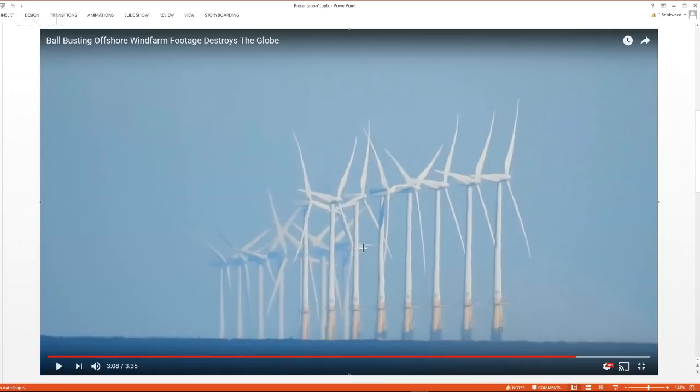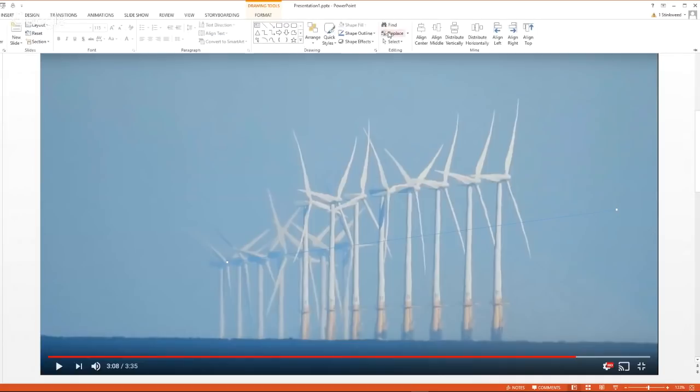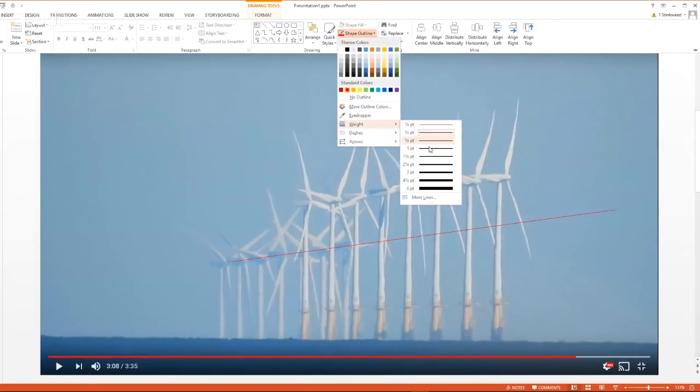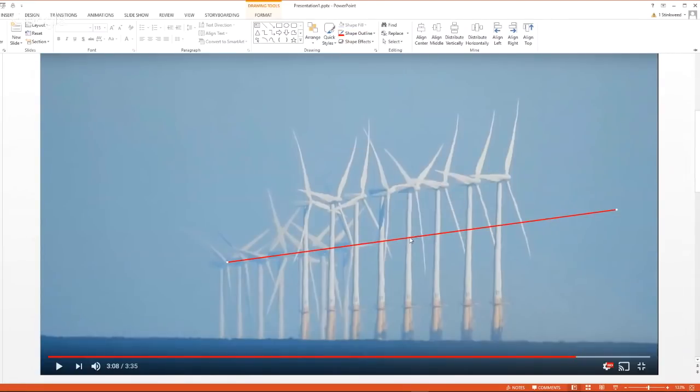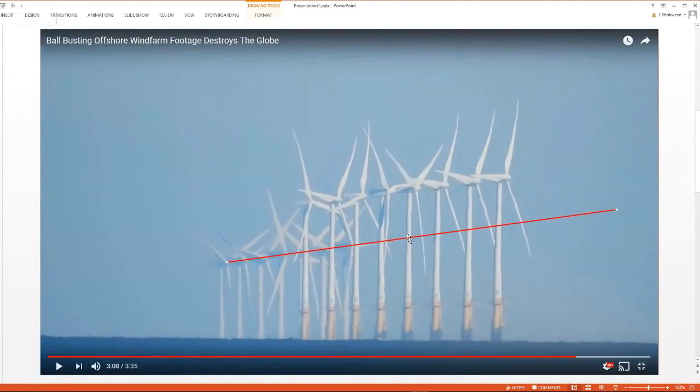Now, what I'm doing here is that looks like a fair line right there. Actually, I'll go ahead and make it nice and long here. That looks like a fair line through the hub centers of the back turbines, the Ormond. I still haven't heard what the proper pronunciation of that is. Let's see here, shape outline. I'll make that red so it's noticeable, and give it a little more weight so it's visible. Okay, that is along those parallel lines. Now let's duplicate that without changing any dimensions on it. And yes, look, they appear to be parallel.